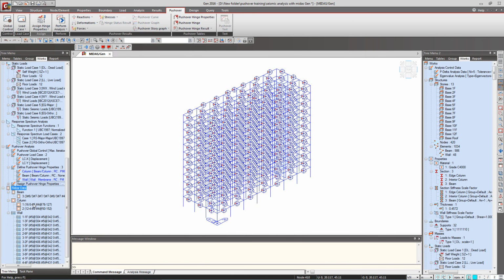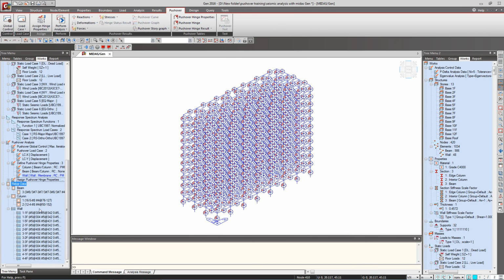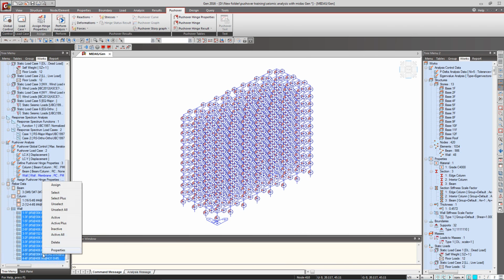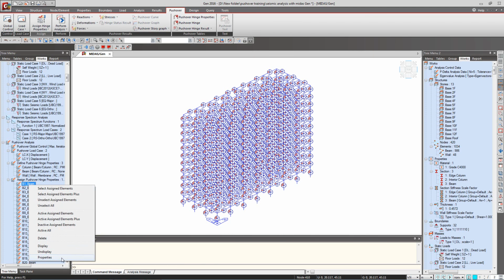Now let me select all the columns and drag and drop column hinge. The beams and columns have the pushover hinge now. Now for shear walls, I'll select all, select and drag and drop the wall hinge. All the pushover hinges have been assigned, and now if you want to check the properties, for example for the